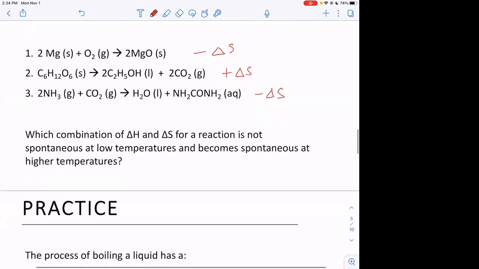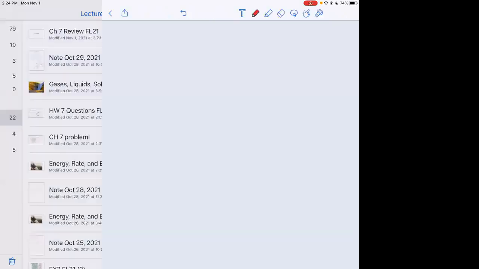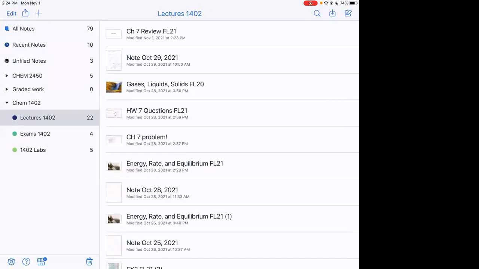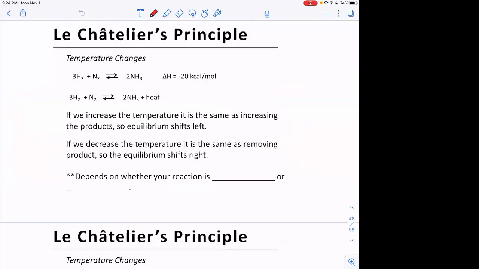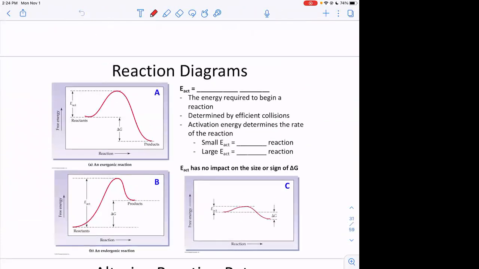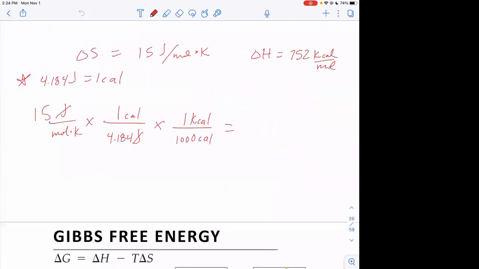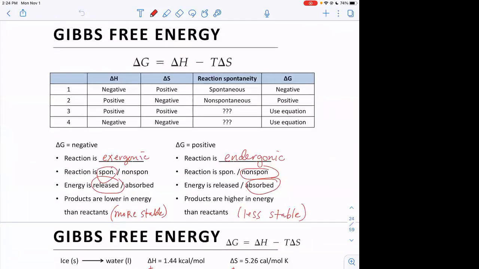We played around with numbers on this one. So there was a table. Let me see if I can find it. It's right here. There we go. So we had this table and